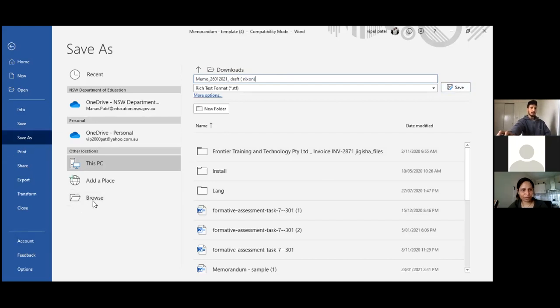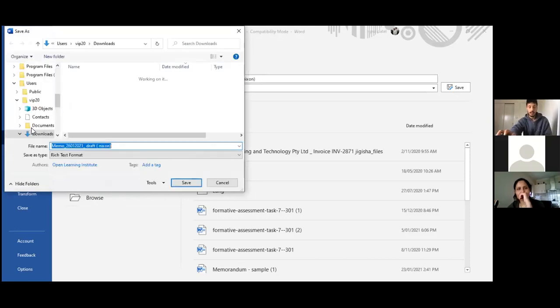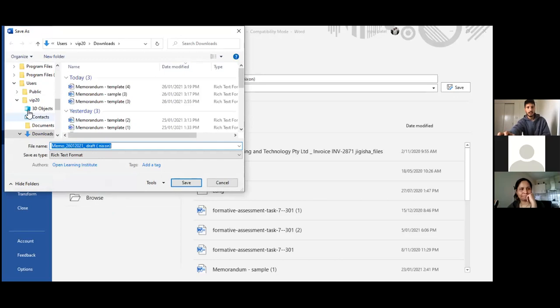Okay. So let me see where I'm saving. Don't close the file. What we're going to do in the next task is, if you read through the question, the final task, we're going to follow the same way. First save it.